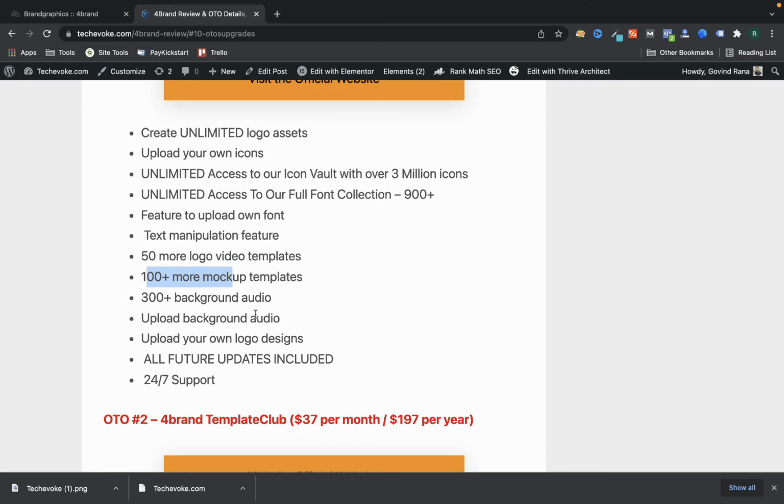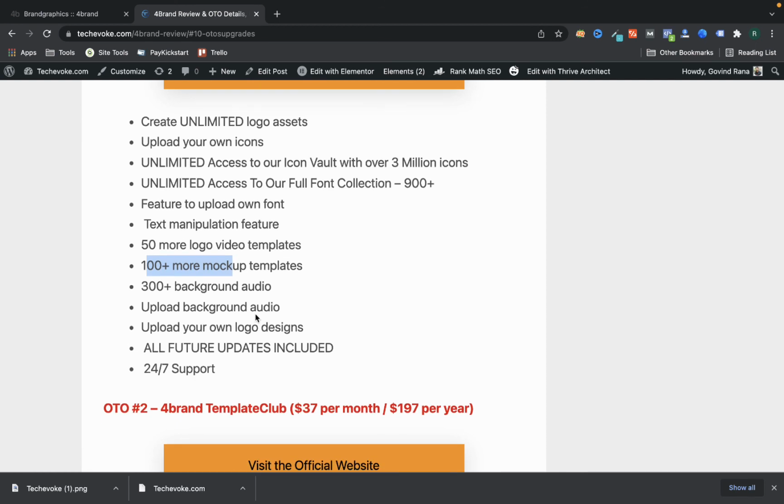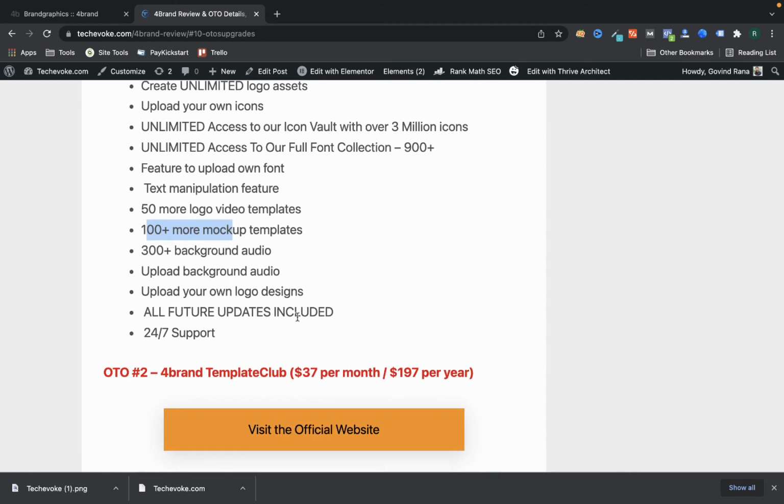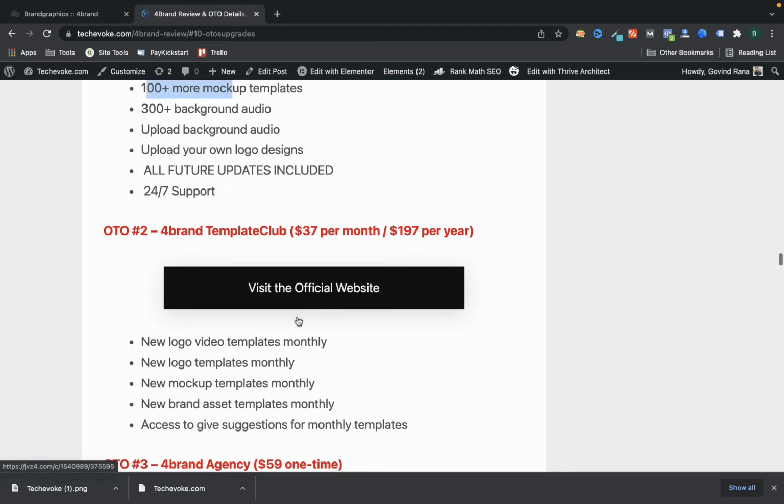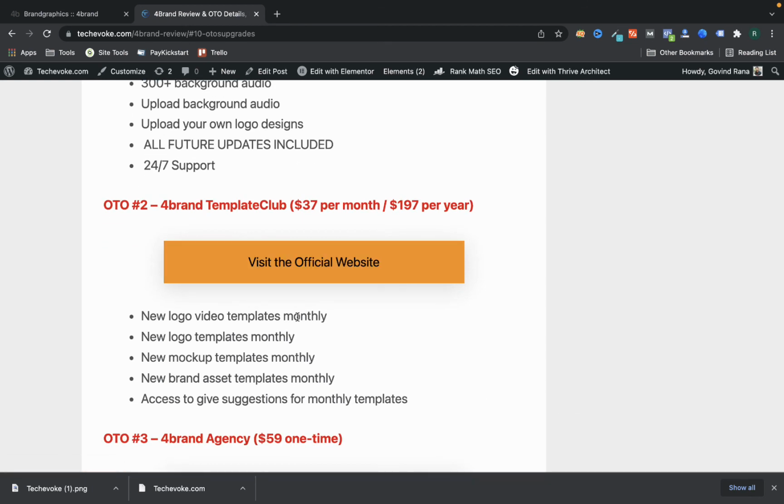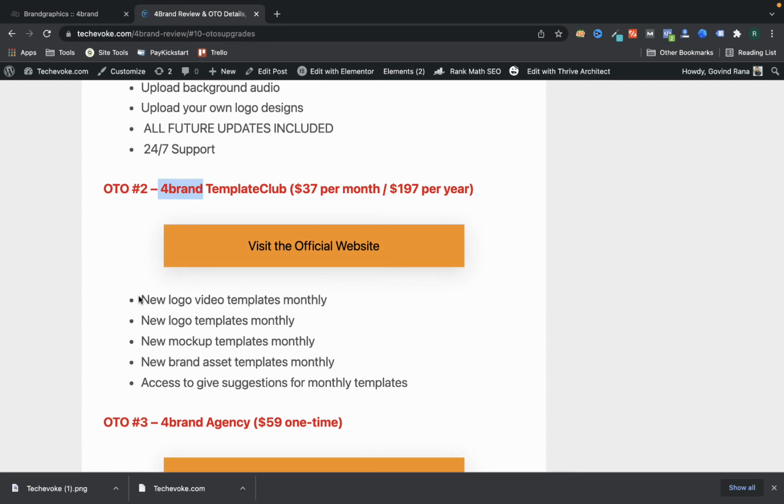You can upload your own audios and own logos, and get all features and all future updates, which means they are going to update it. I have talked with the vendor, and he was saying that they are going to upgrade it in future.